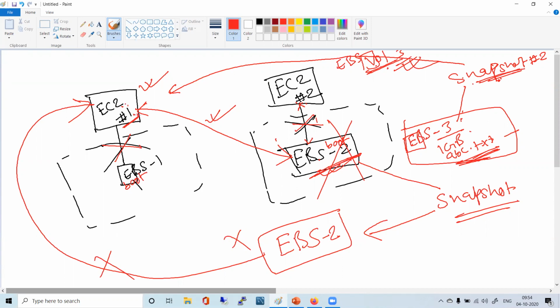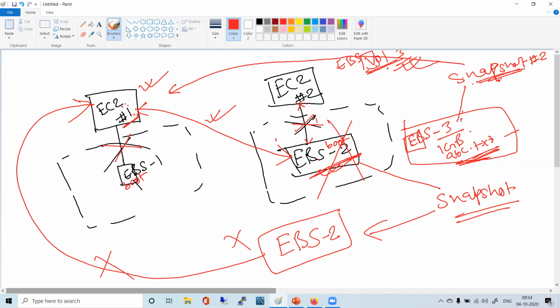Will that EC2 instance boot? No, absolutely not. For any system to boot, you require an operating system, the OS files. For the operating system you require a boot volume, a hard disk, a C drive, that has the operating system. If you take out that hard disk and give you another hard disk that doesn't have any operating system, will your system boot?